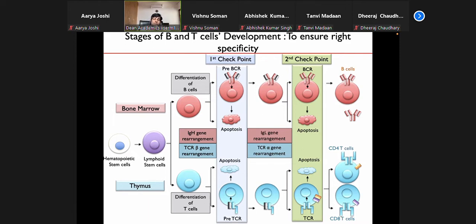But you really cannot demonstrate cells undergoing apoptosis in these secondary lymphoid organs. The reason is these apoptotic cells are very efficiently phagocytosed by your innate immune cells. But if you want to actually demonstrate this process of apoptosis, the thymus is the site. And if you actually want to study apoptosis, you have to work with either thymus, which is easy